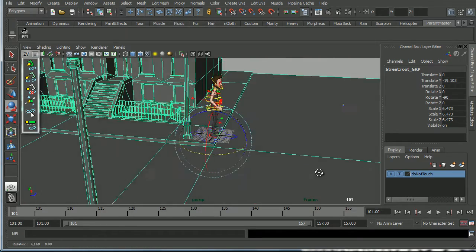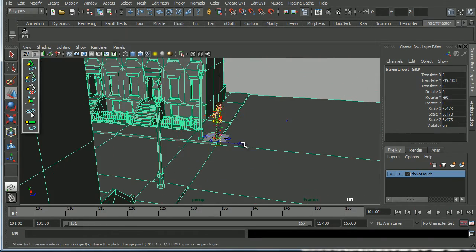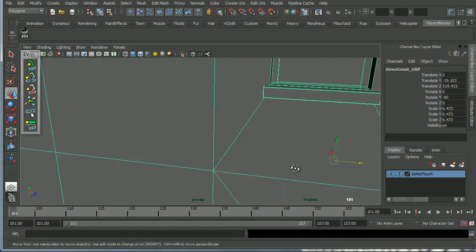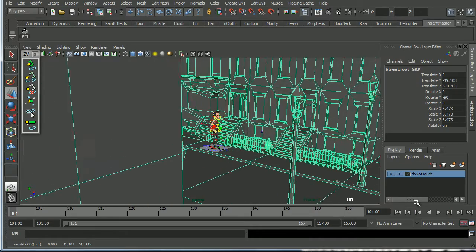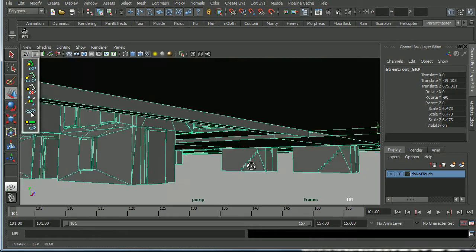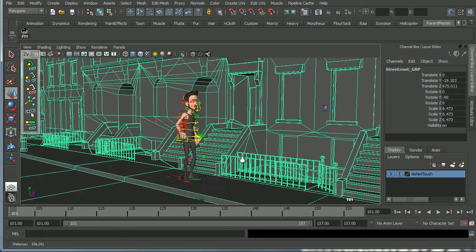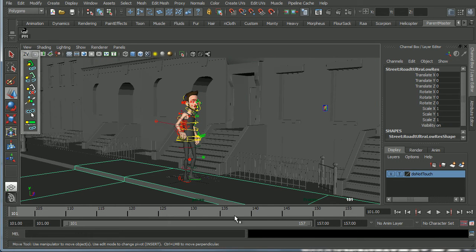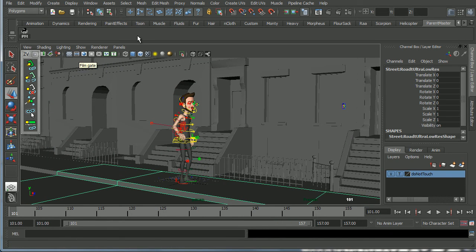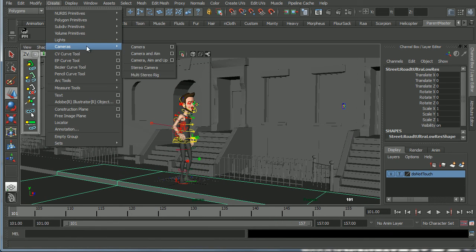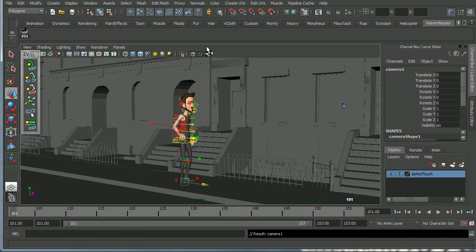And now I'm going to move the whole thing so that Morpheus is standing more obviously in the street. Okay. And now I'm going to zoom in and see what that looks like. Okay, so now Morpheus is basically standing in a city street and he's throwing a ball. So the next thing I'm going to do is create a camera. So go to Create, Cameras, Camera, double click on that, call it Shot Camera,